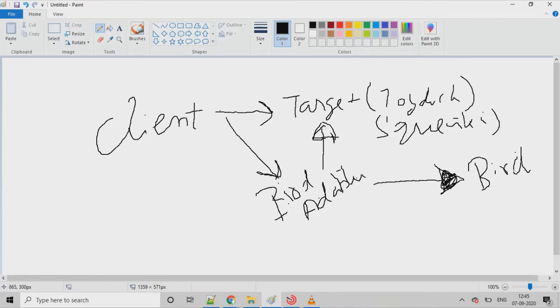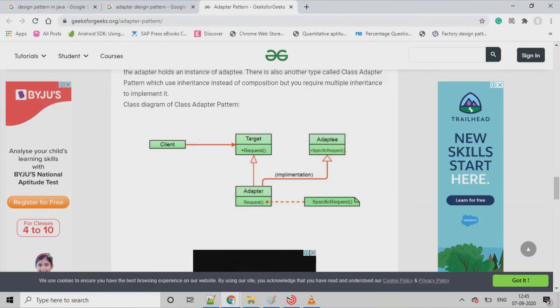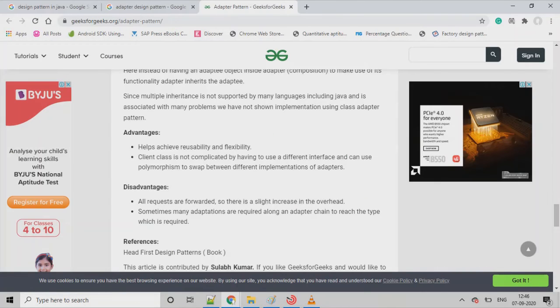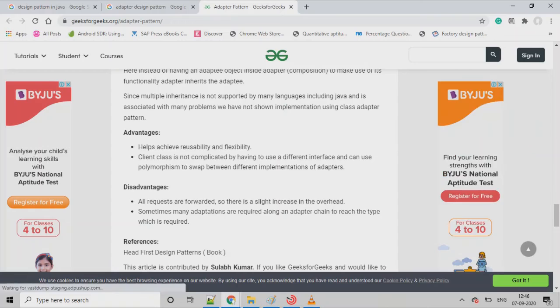So you can make different adapters like bird, toy. Okay, so one thing I can think of is making the bird act like a monkey. So there is another monkey interface. So you can make a bird act like a monkey adapter.